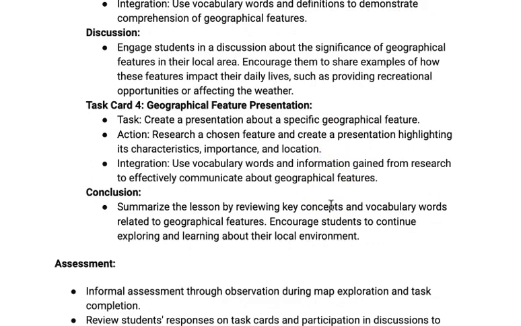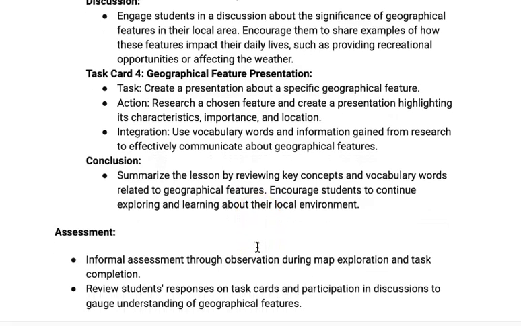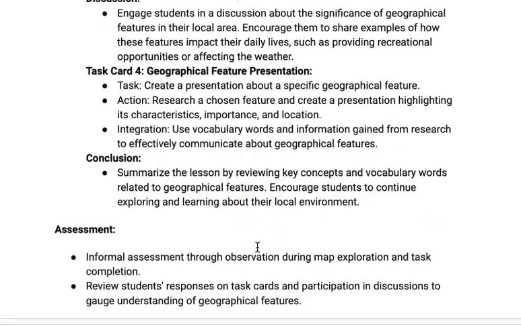And for the conclusion, we will summarize the lesson by reviewing key concepts and vocabulary words related to geographical features, and we will encourage students to continue exploring and learning about their local environment. And with that, we will assign 2 worksheets for homework, which are